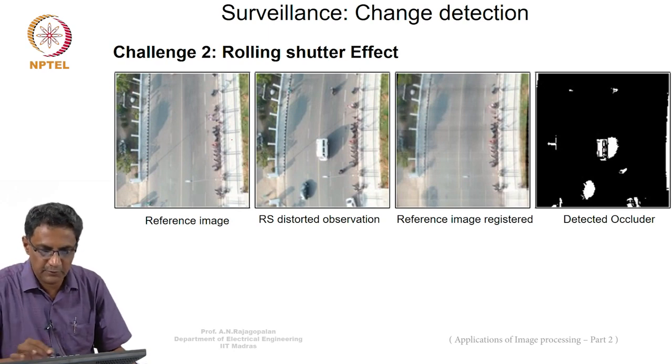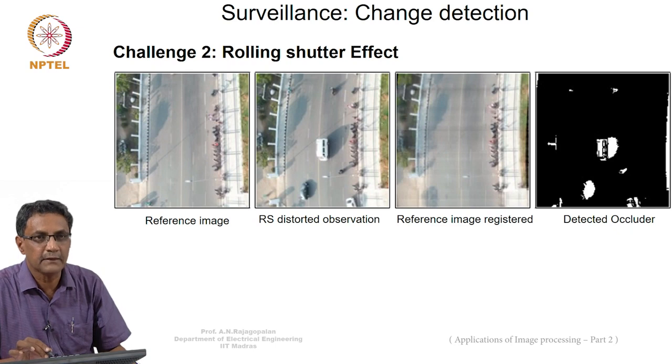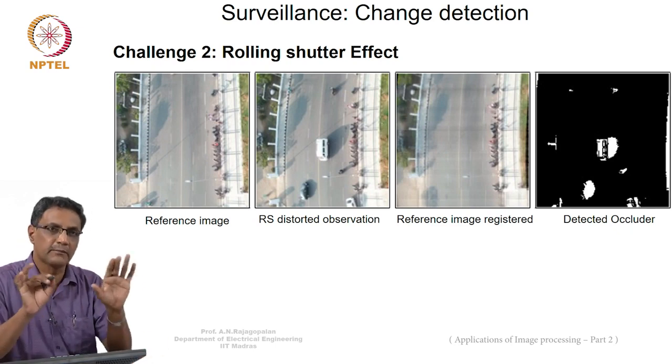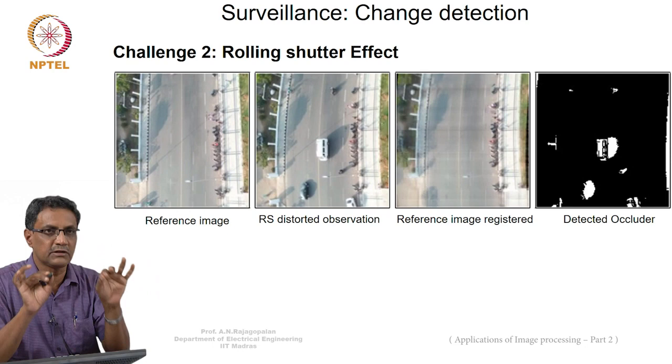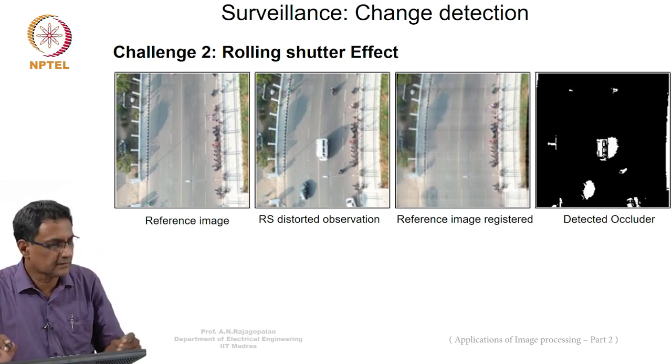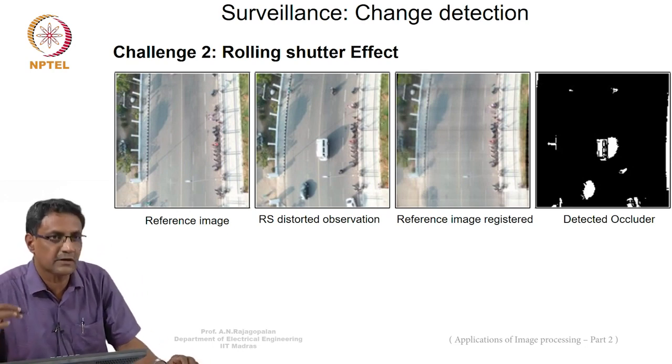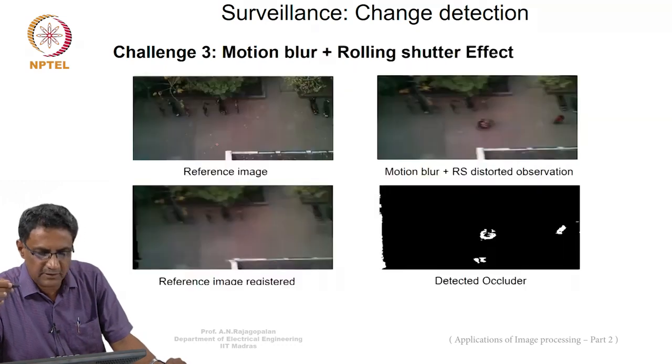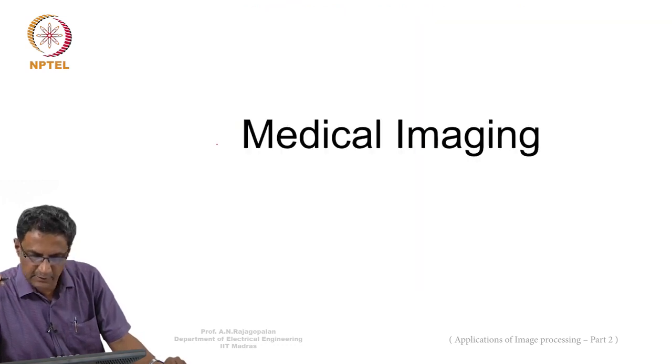So what you have to do is find out what is the camera motion that has happened, and then warp the images such that only whatever has actually changed should emerge as a change. Other things should not be construed as a change. So again, all these are interesting effects. Then, okay, this is something else.